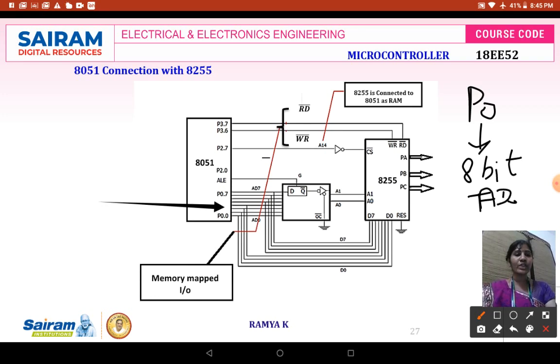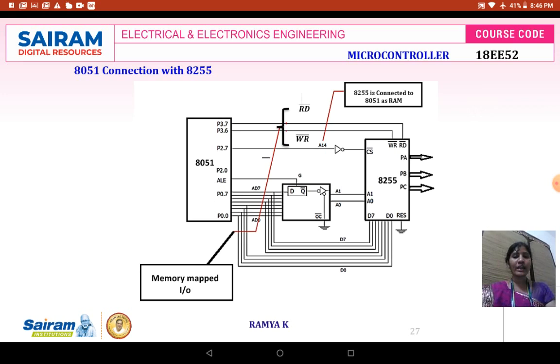So it is going to carry AD0 to AD7. When it carries AD0 to AD7, we need to latch the address separately from the data.